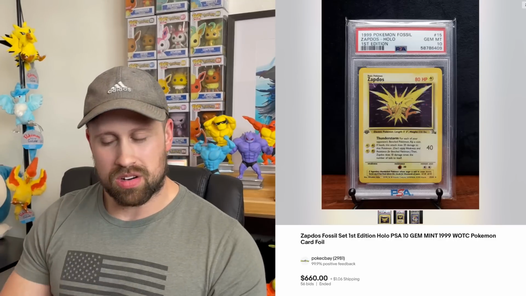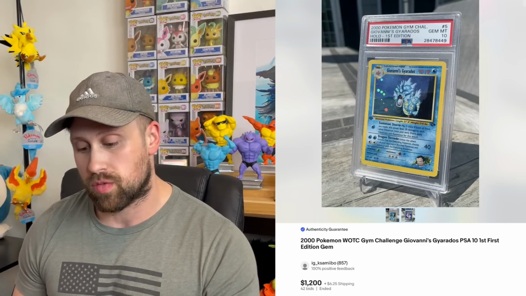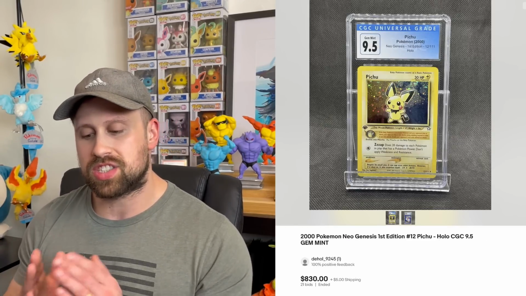Some more WotC cards to go over. Here is a first edition Holo Zapdos from Fossil, sold for $660. A first edition Misty's Gyarados from Gym Challenge sold for $698, while the first edition Giovanni's Gyarados sold for $1,200 this week. A first edition Rocket's Hitmonchan sold for $451, and then we had this CGC 9.5 first edition Pichu